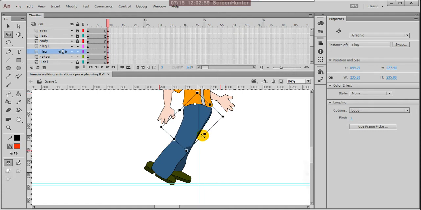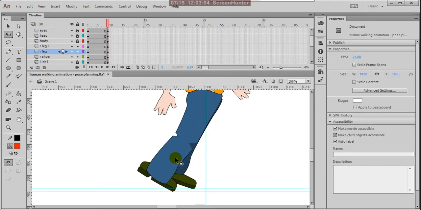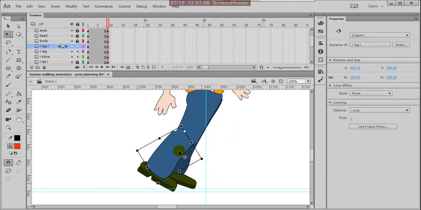So these are all the adjustments you have to do, because easily we can move this.